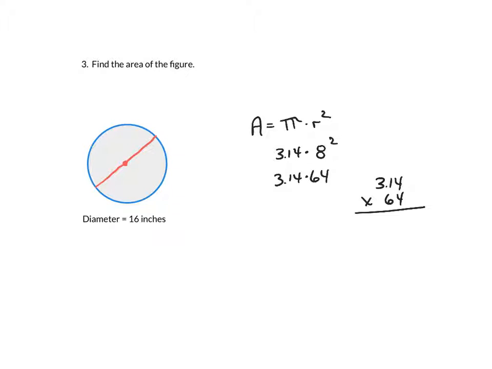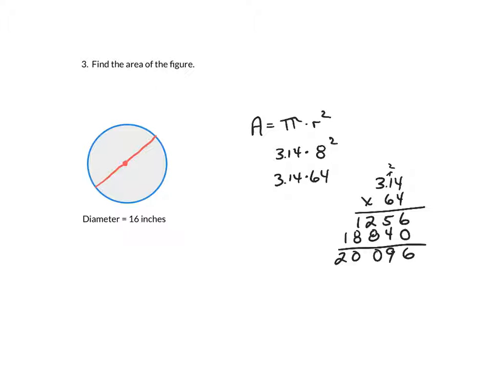Once again, I'm going to go through that quickly. 4 times 4 gives me 16. 1 times 4 gives me 4, plus 1 gives me 5. 4 times 3 gives me 12. I'm going to put down 0 as a placeholder. 6 times 4 gives me 24. Put down the 4, carry the 2. 6 times 1 gives me 6, plus 2 gives me 8. 6 times 3 gives me 18. Now I'm going to add everything together, and I'm going to get